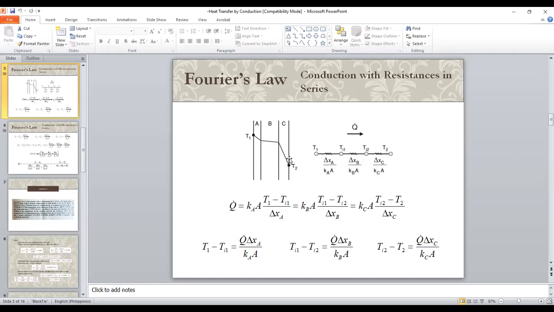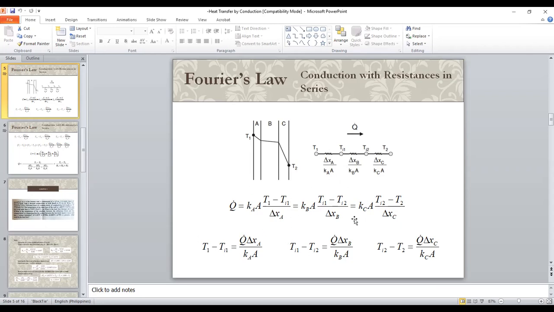We don't view the amount of heat transfer as the sum of the heat that is being transferred to each of the materials, but rather we view it as that the heat transferred from one material to another will just be equal. So we follow the same formula that we had presented in the previous slide, and that would be